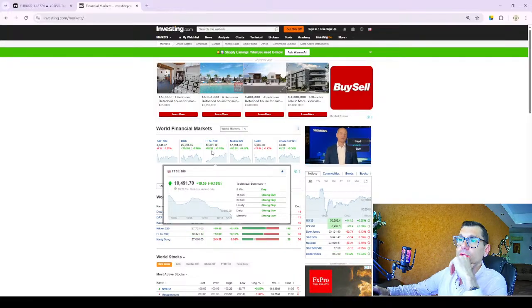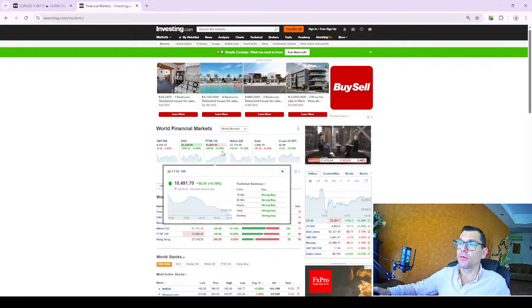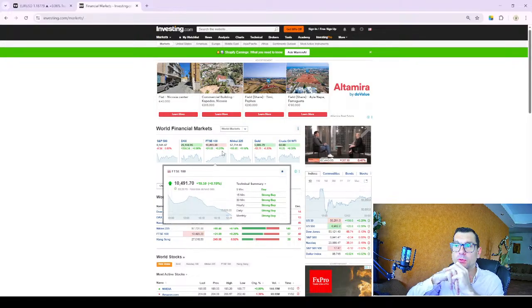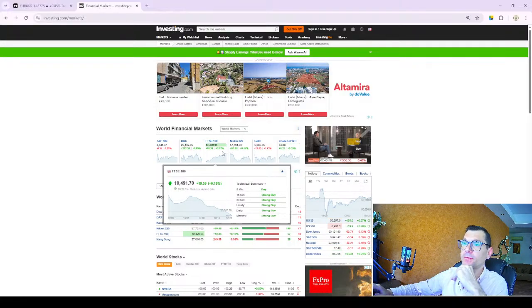So you see, FTSE is also doing quite well today. It's gone up by 20 pounds now, and 0.20%. So quite a good day for FTSE. All right. Now, if you look at the technical summary, here is also something that we will cover shortly, how to understand when is the best time to trade. You see that based on technical, FTSE is very good to trade based on 5 minutes charts, on 15 minutes charts, on half an hour charts, on hourly charts, daily charts, and even monthly. So it means that the index keeps going constantly up, and it's great to follow it, right? If you wish to do so.